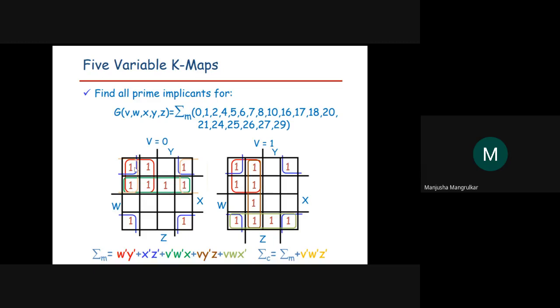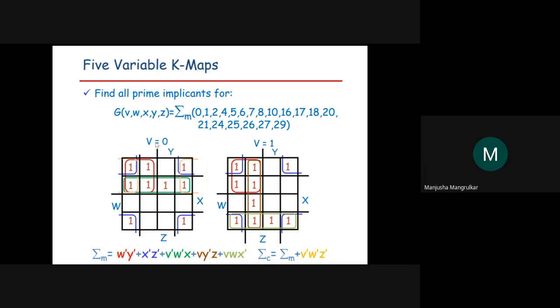So suppose you are doing a grouping here, so V will come. This and this are the same, so the V will be omitted. We only need to think about W, X, Y, Z. For all the blue colored corner groupings, we will omit V and only think about W, X, Y, Z.